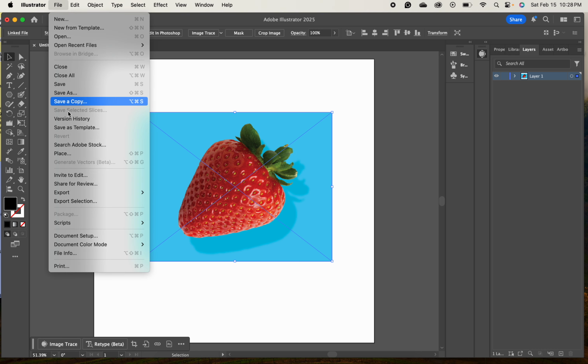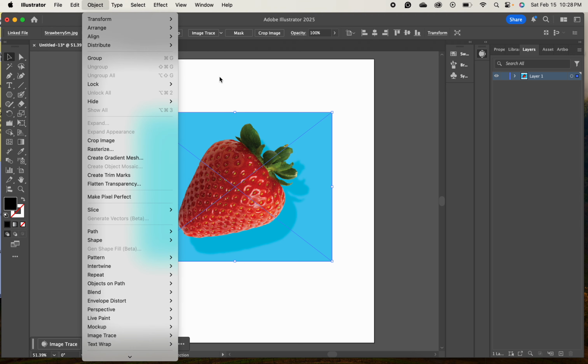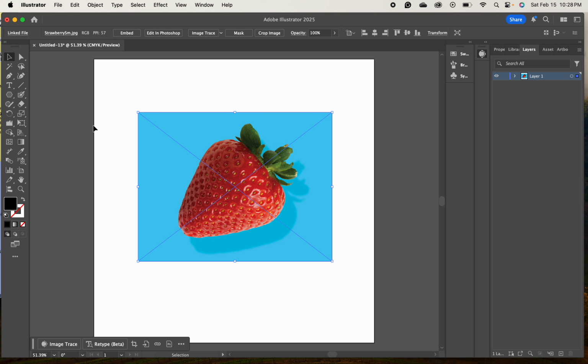Mine might be blacked out because I already put it in here. But you could file place something, you could copy paste it in, or you could just drag it from the desktop as well. But here we are. Let's have our strawberry. So you have the option for image trace down here, but I would say instead of doing this,